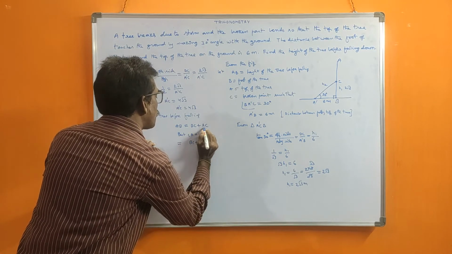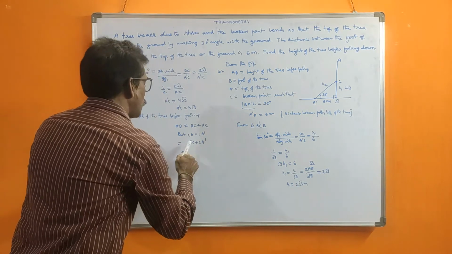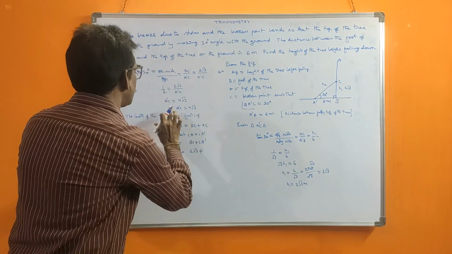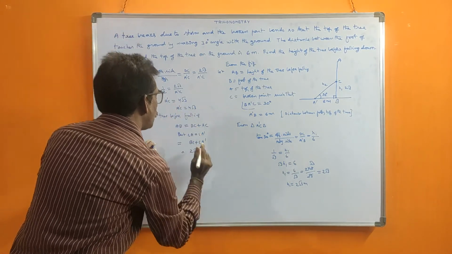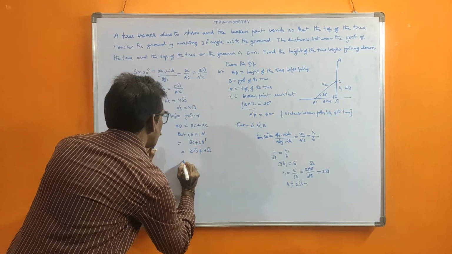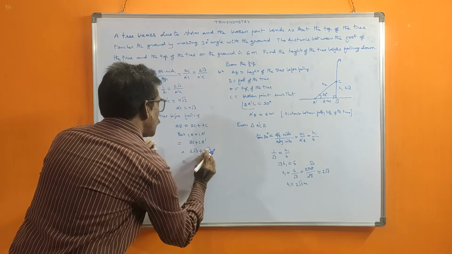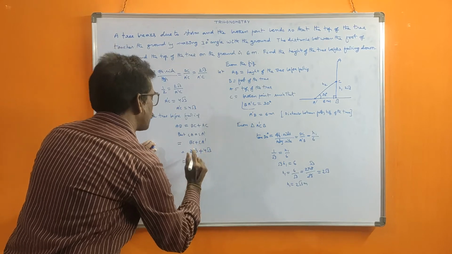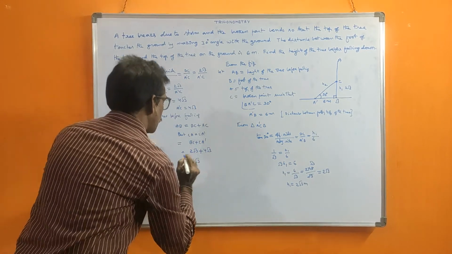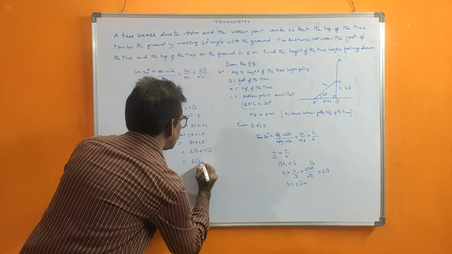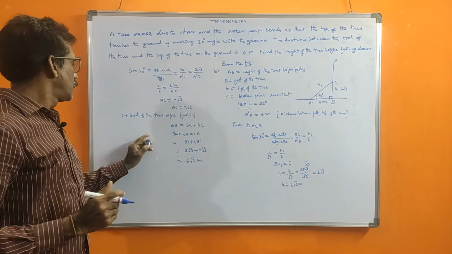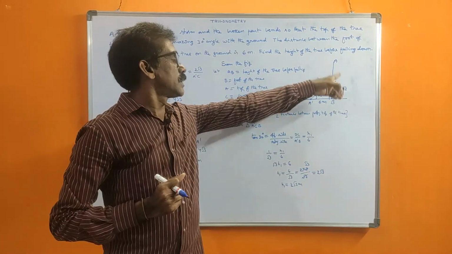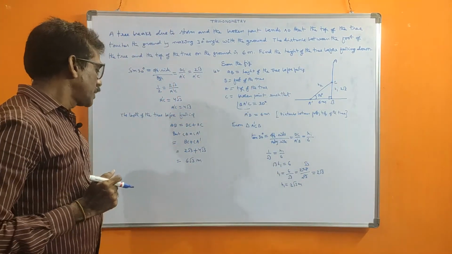Now in this you substitute the values. BC plus, instead of AC, you write CA dash. Now the BC value you know is 2 root 3 plus A dash C, or CA dash, value we know is 4 root 3. See, root 3 is the same. Suppose root 3 is one variable x, 2x plus 4x is 6x, where x means root 3. Like that we can add. So the length of the tree before falling, the total length, is 6 root 3 meters.